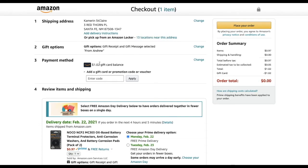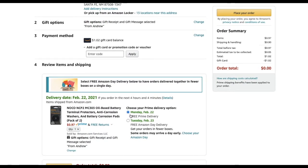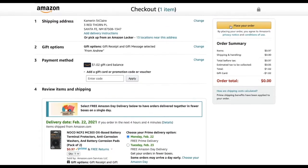And now it's very simple. Now you see this one, gift card balance. So this is how you check out with the gift card balance. And here you can see that the Amazon Prime delivery options are on Monday. If I check out in 4 hours and 4 minutes, it will be delivered on Monday without any cost for shipping and handling, which is amazing for an Amazon Prime account. So I just click place your order,